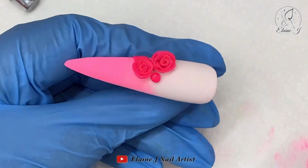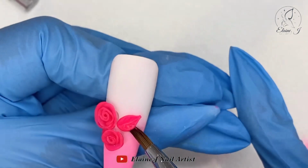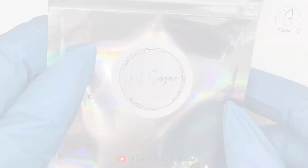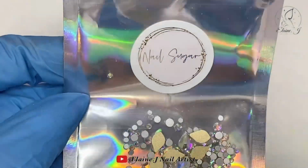Now, I did do this, but for some reason, it's recorded, but the screen kept going black, so I've left it. I'll show you the leaves when I do some 3D flowers, and we're going to be using these gorgeous